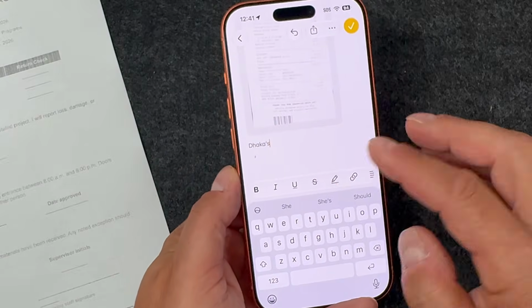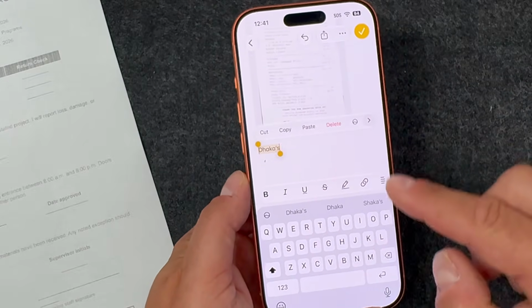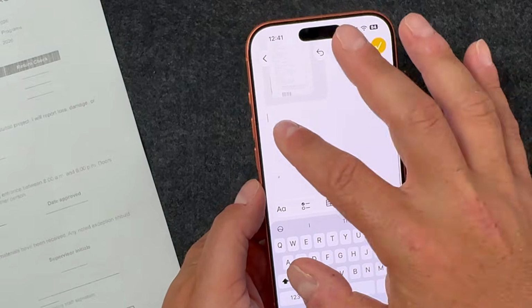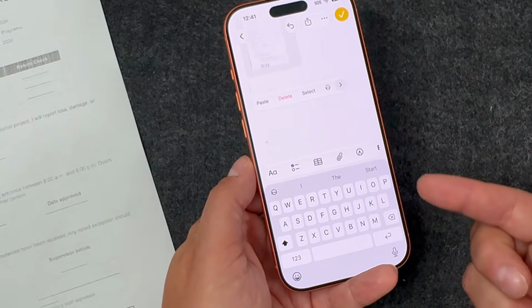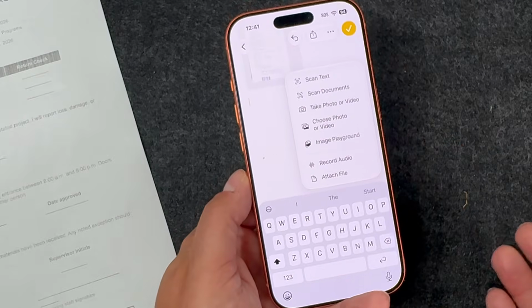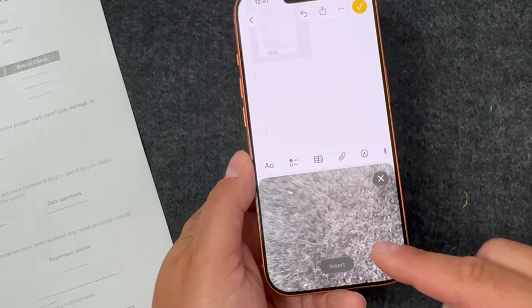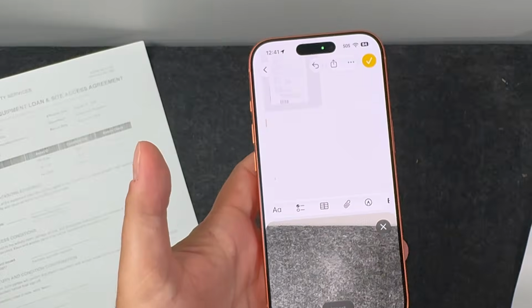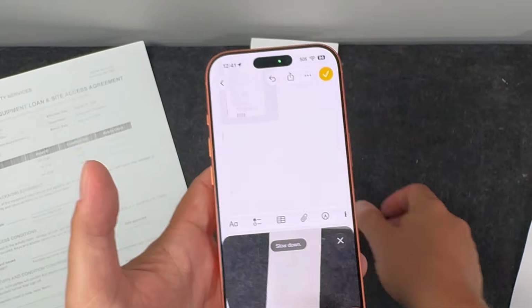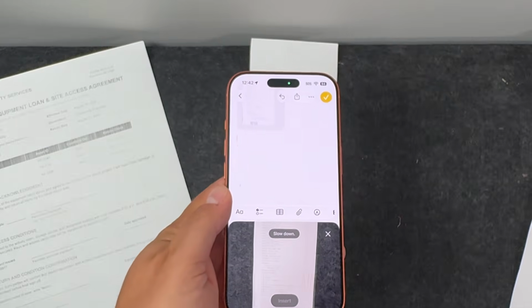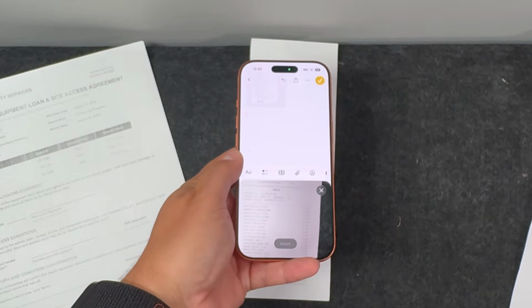Now for the scan text, just tap in an empty spot. It doesn't have to have text in it, but you can just tap anywhere where there's an empty spot to bring up your keyboard. We're going to tap on that little icon with the paperclip and then hit scan text. You'll see your little camera appear right there. I'm going to take a document just like that, and I'm just going to hover over it like this,